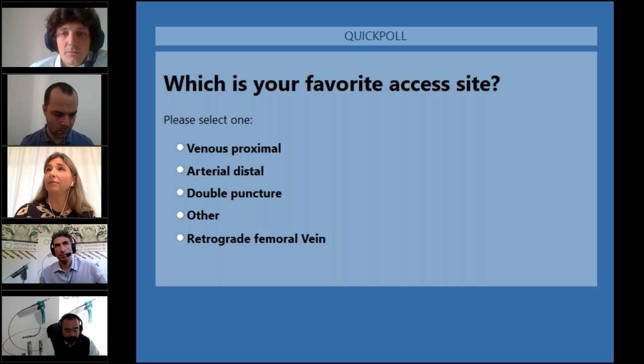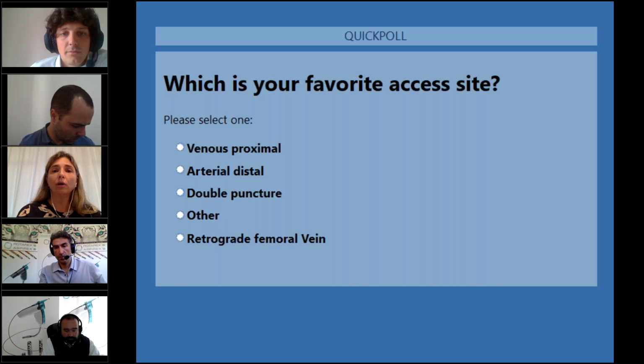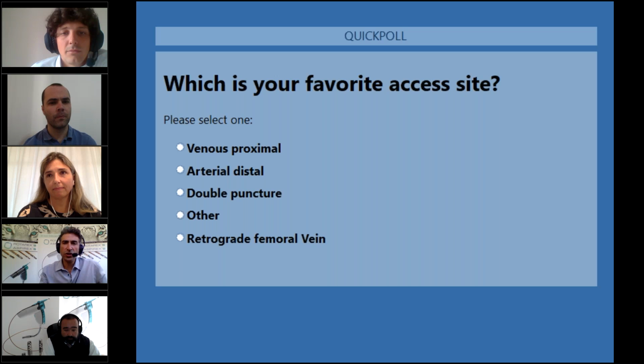When I use the femoral vein, the two drawbacks are that I have to use a long sheath for support, and if I use an 8 French system, I'm going to have a little difficulty finding that long sheath. And the other problem about the femoral access is that you work retrograde. So if you have a complete occlusion, sometimes it's a little more difficult to go through it. But it's a good access. And would you go in that case for the double puncture? Yes, I usually for occluded AV fistulas or grafts go for the double puncture, venous puncture.